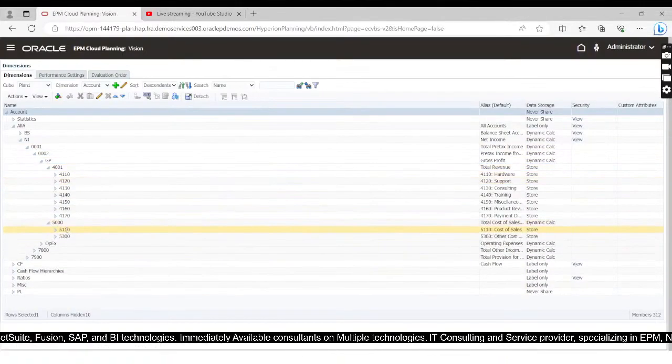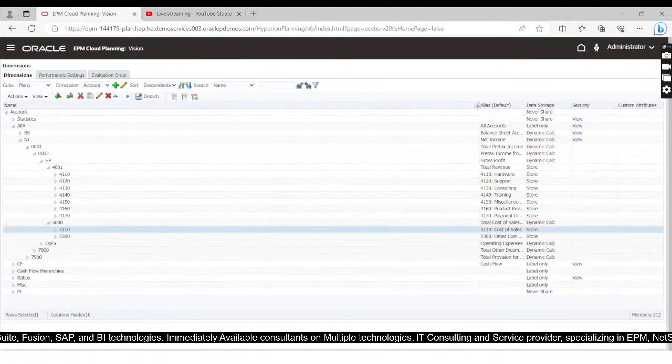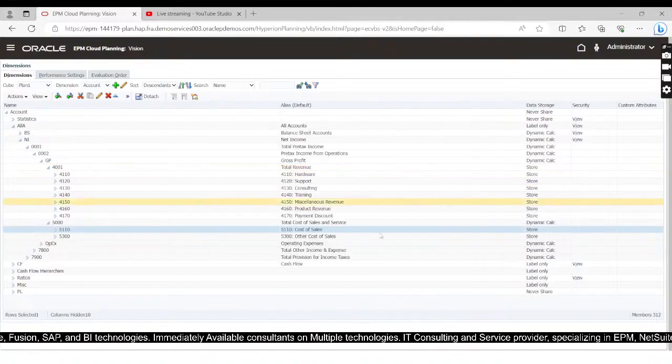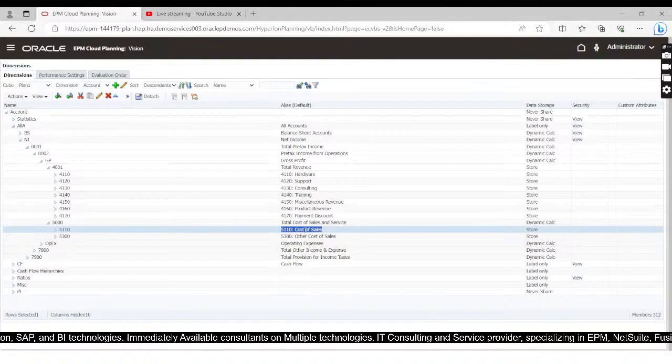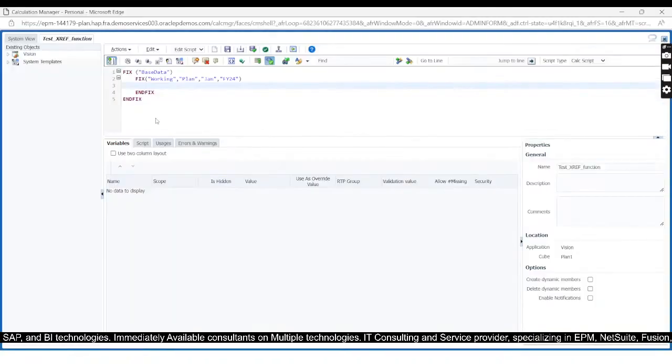Here we have the member name 5110, which has the alias cost of sales. So I'm going to write the alias name itself over here. I want the data to be copied in 5110 from labor expenses. Okay, so now here I'm going to use